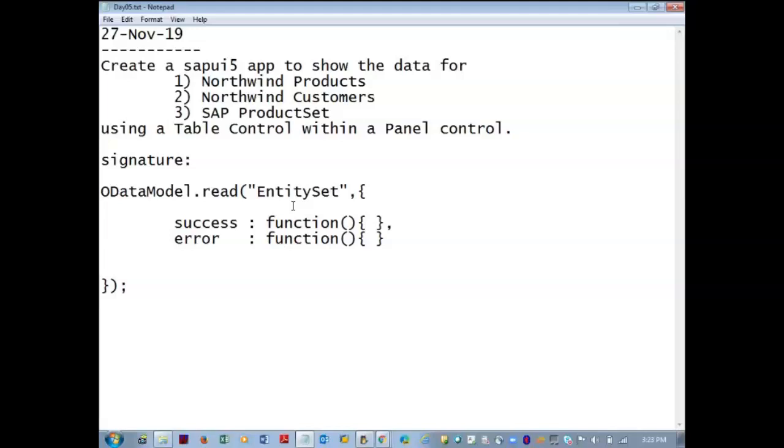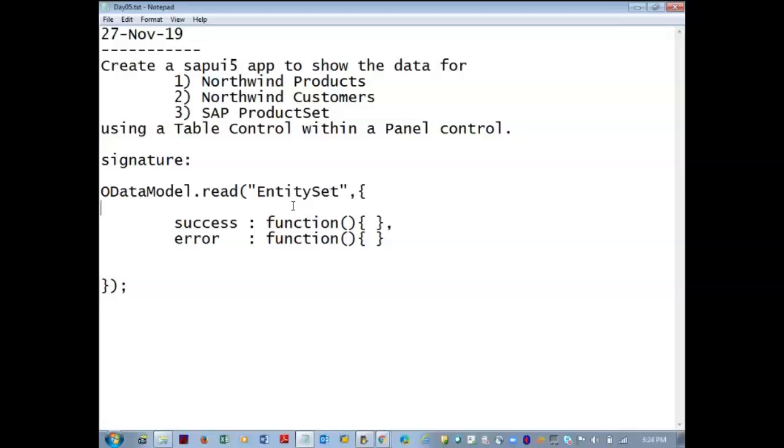Suman: when we are reading an entity set, assume that in the entity set sales order and sales order item are there. So at a time it will fetch all the data, or only sales orders it will fetch? After that, when we click on other details, it will fetch the order details. Yeah. So in that, how many records are there? All the records will be populated. I will show you how to even select a single table row and populate the data. So with this signature, all the data will be populated. If there are 1000 rows, 1000 records will be populated, with item details.